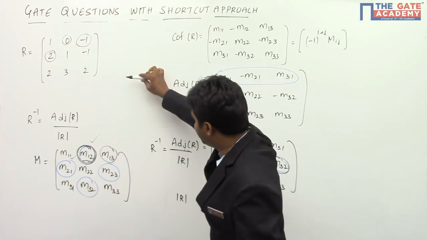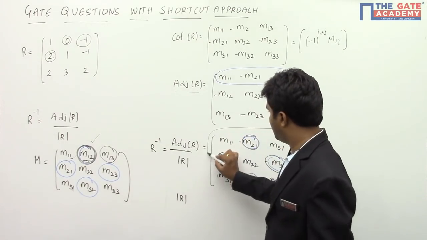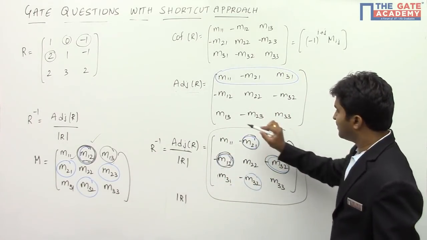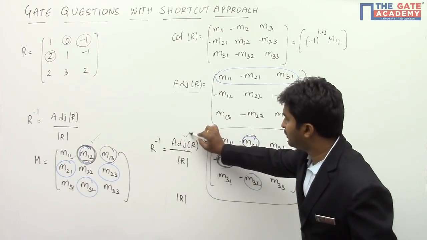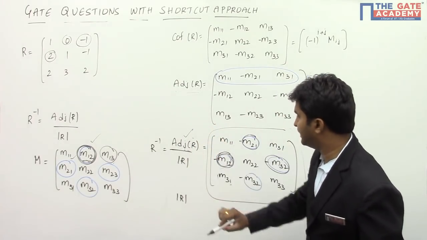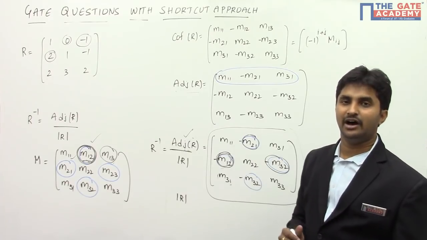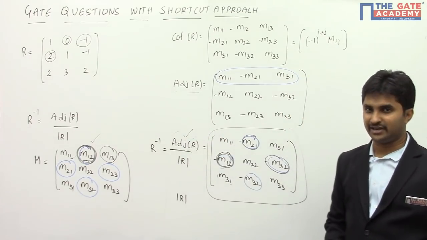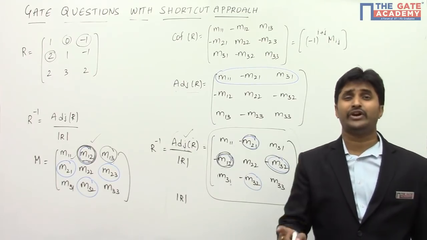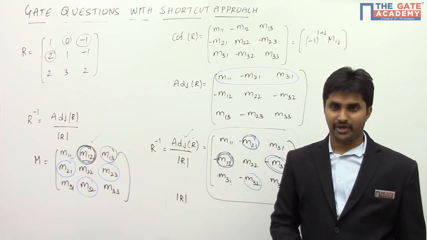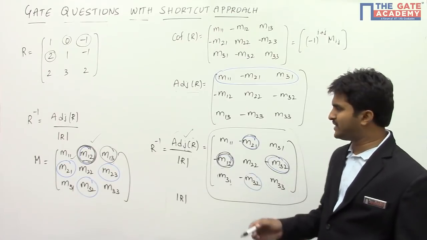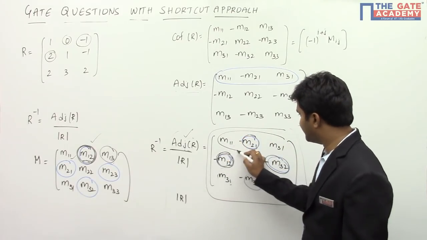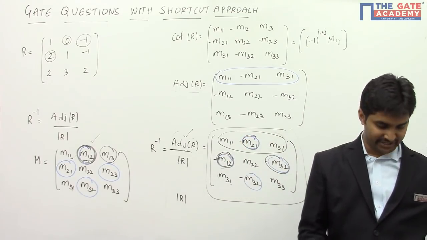So adjoint of the matrix divided with the determinant is going to give you the R inverse. So we can directly write the R inverse first by finding the adjoint of the matrix and dividing by the determinant. You will automatically get the R inverse. So I have already told you how to directly find the adjoint matrix. Now the question is to find only the top row. Only to find the top row, it is sufficient to find these elements.